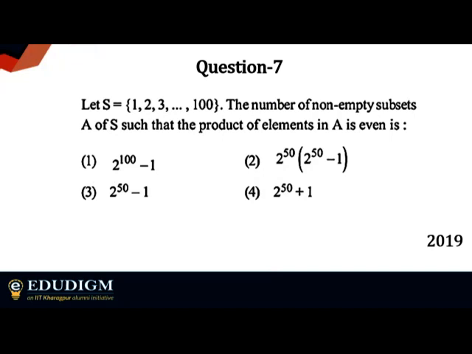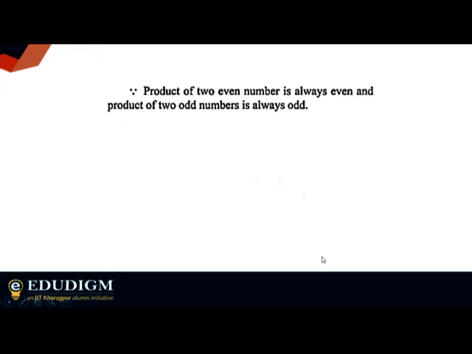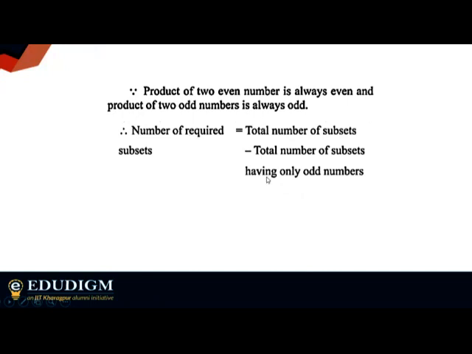Still, if you guys have any problems with the logical explanation here, please just use the chat box and let me know if I have to explain that again. Very simple logic that we normally use for complementary events. This is something you already know. So if you are considering the number of required subsets, it will be the same as the total number of subsets minus subsets having only odd numbers. This is very important. We are considering here the complementary case.